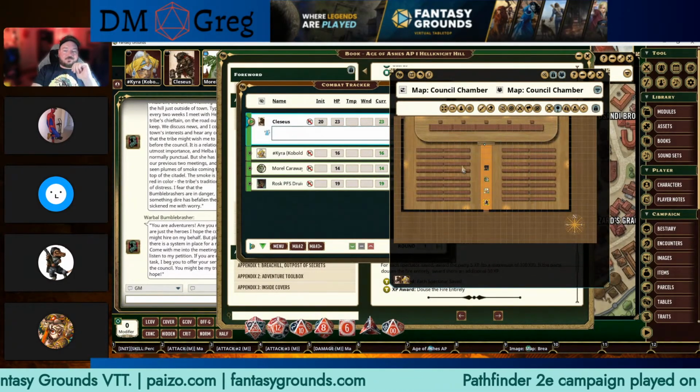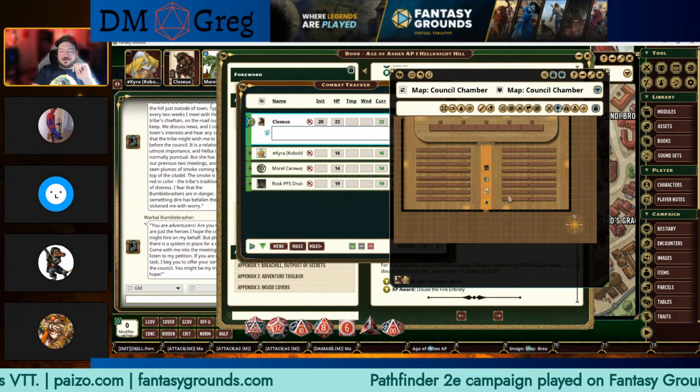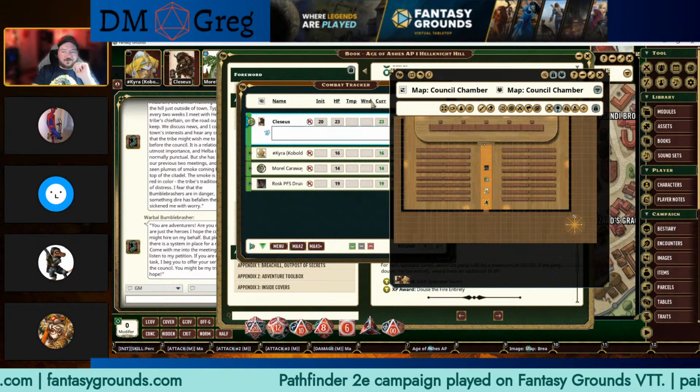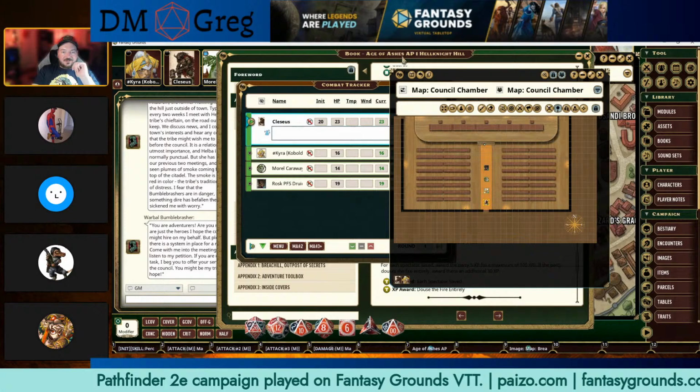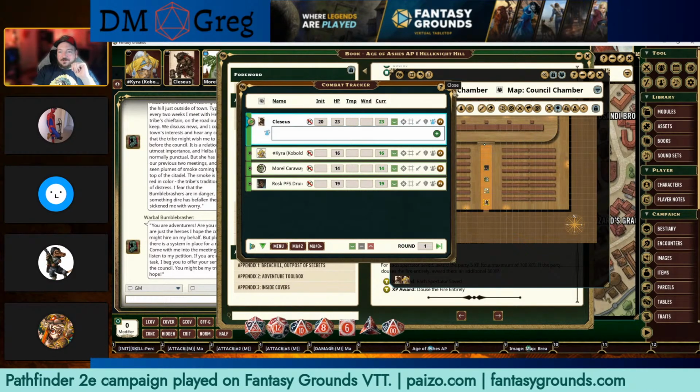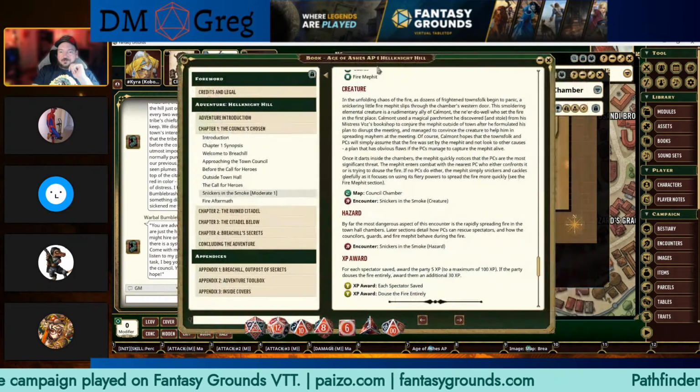The benches or pews or whatever these are, 40 townsfolk are sitting in. It's expected that the adventurers take a front row seat. Totally up to you guys where you go. So, but as you come in,